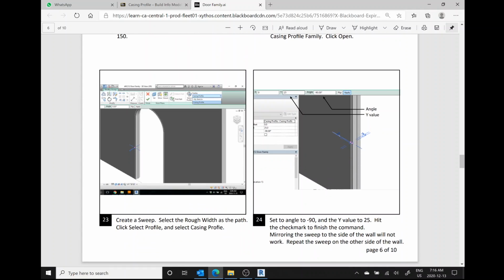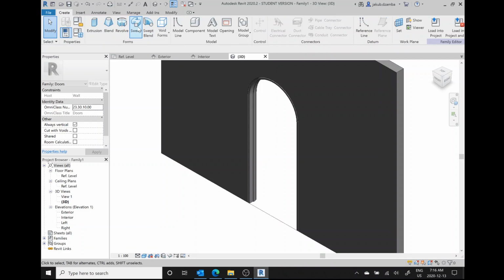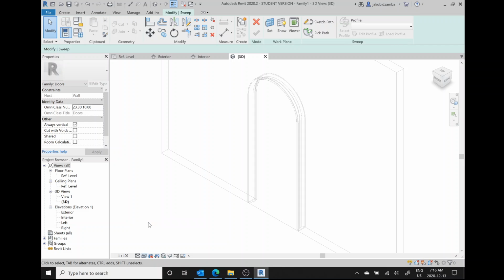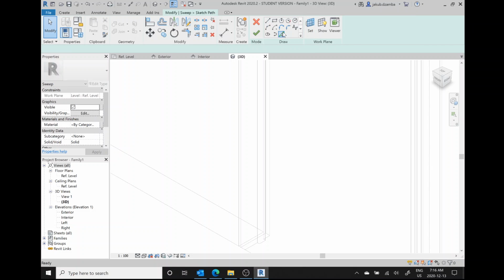Create a sweep, select the rough width as the path. Okay, click select profile and select casing profile. Okay, so let's go back here. We're going to go create, sweep. So we've done this before, so we're just doing the same thing again. Now I want to pick the rough, okay, pick path. Sketch path, pick lines. So we want the outside,